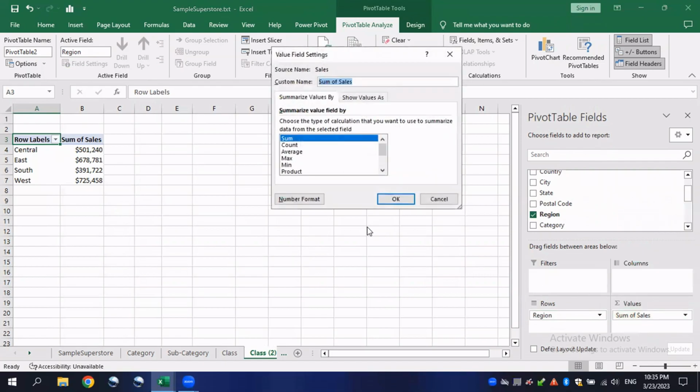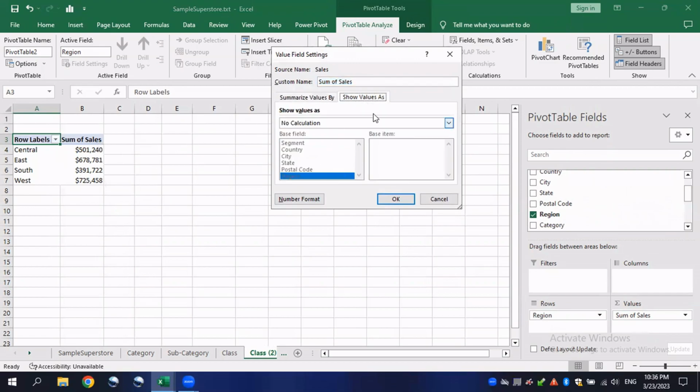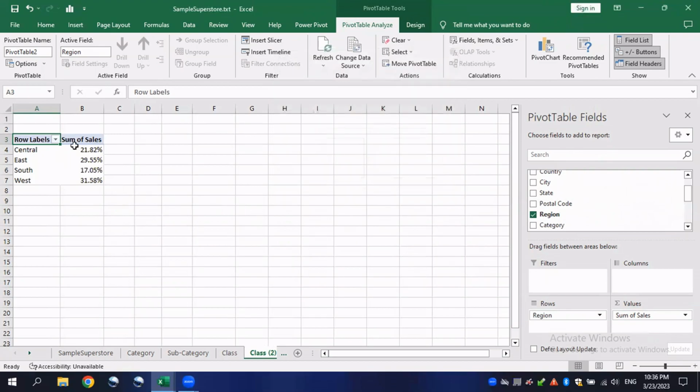If I go to this one, instead of cells I will try to show my values as a percentage rate. Here if I click show values as and click on this drop down, I will see the percentage of grand total. If I click on that one and click OK, it will print out the percentage rate of this